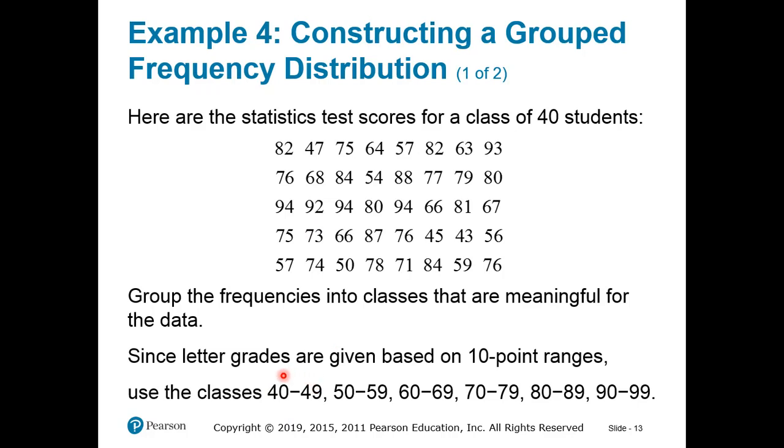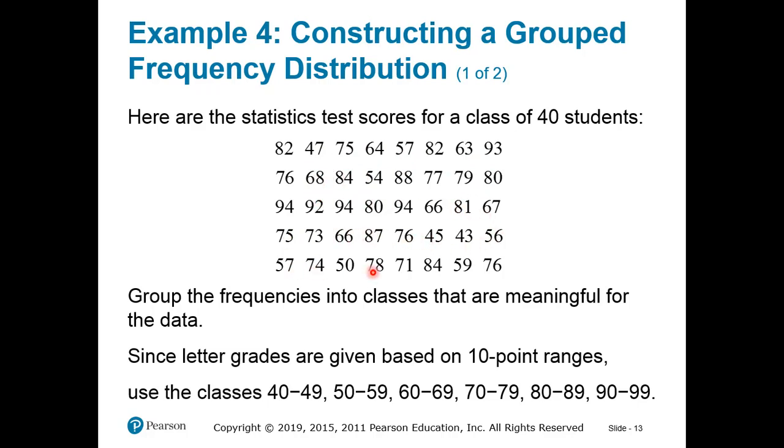So what do we do? Here's our class range for the first class, and we count how many of these numbers fall from 40 to 49. And we just count. So 47 does. Okay, so we look for anything in the 40s. That's the easiest way to do it. Anything in the 40s. There's 3. And then we go to the 50s, right? Anything in the 50s, so we count anything that has a 5. So we got 1, 2,